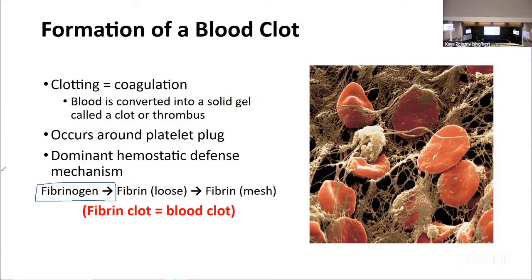Maybe I'll uncircle that and do it actually backwards. All right, so the actual fully formed clot is this stable fibrin mesh. But to make that stable fibrin mesh, we're going to have to convert some proteins in your blood. Okay, so we're going to see, all the time in your blood, you have this protein fibrinogen floating